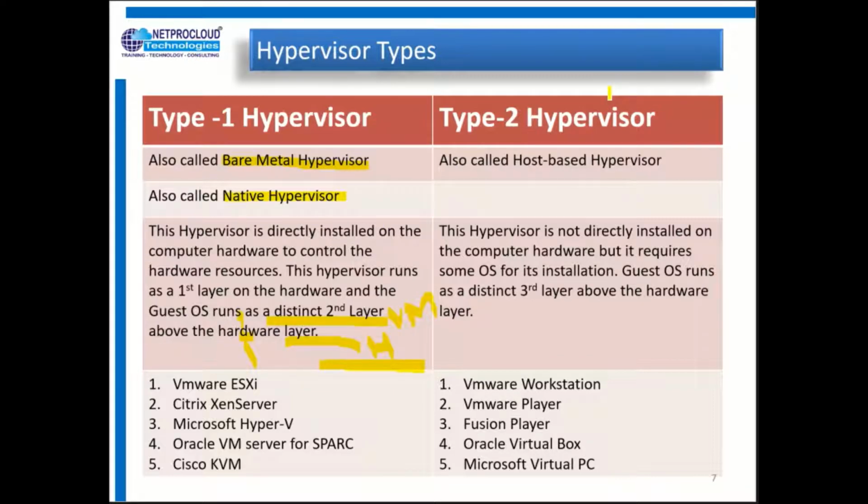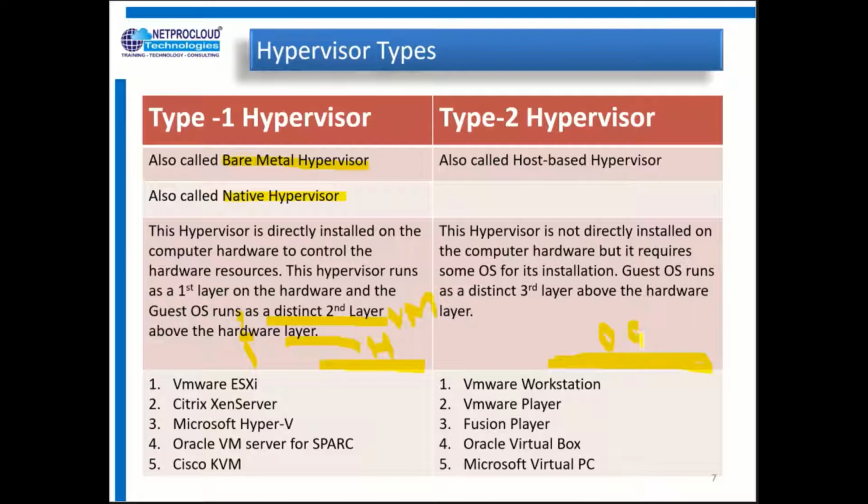Now, talking about the type 2 hypervisor. It needs some kind of operating system for its installation, so it is not going to be installed on the bare metal machine. In the layer scenario, first we need the bare metal machine, and on top of it, we install the operating system.